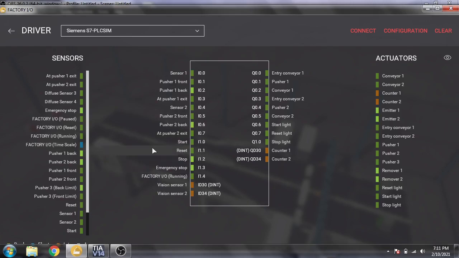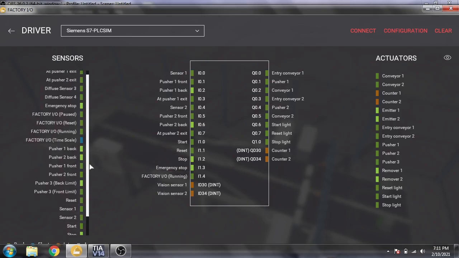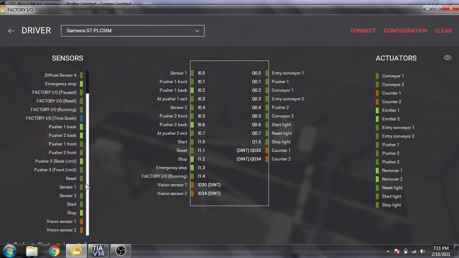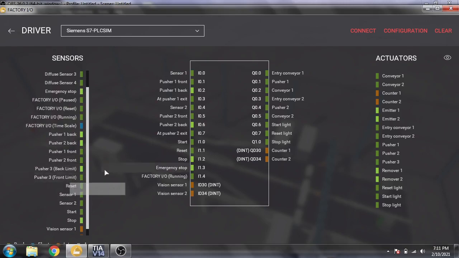We need to add some inputs and outputs because we have another pusher, which is pusher 3. You will see where our pusher 3 is. Here is our pusher 3, here is the pusher 3 output.